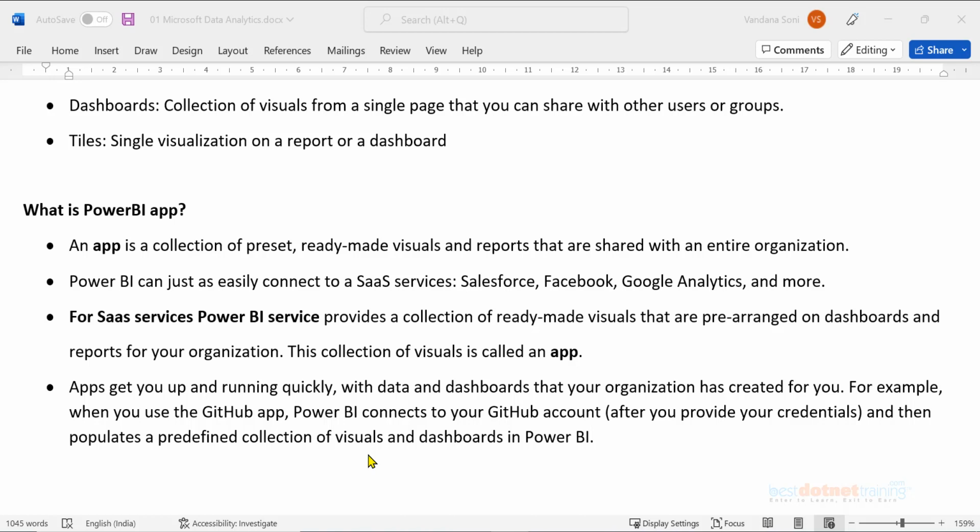That means reports are already pre-configured, but the data used can be different. Apps get you up and running quickly with data and dashboards that your organization has created for you. I'm just going to show you an example of how to get the GitHub app, and then you can connect that app to your GitHub account. It is just going to show you reports for your GitHub account.